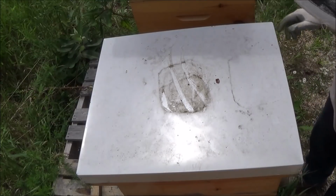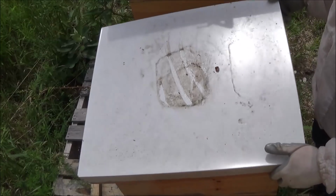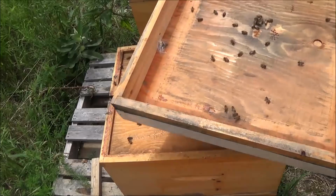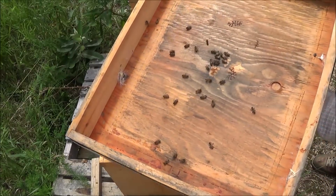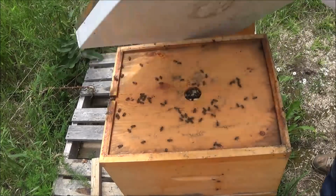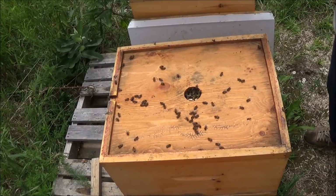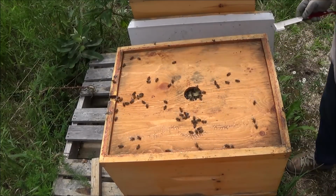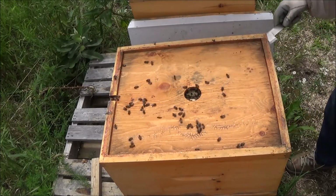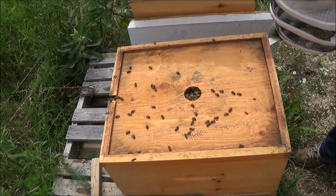When I checked it last time, the second box here was almost 100% honey. So I'm going to take that honey away. I'm going to have one last desperate look for a queen in here. And I have ordered a new queen to come tomorrow. So if there's no queen here today, that's fine. I requeen tomorrow. I take some of this honey. I'll probably end up using a few of the honey frames for resources for either this hive or another hive that I'm taking home. And the rest I will spin and add to my 100 and...